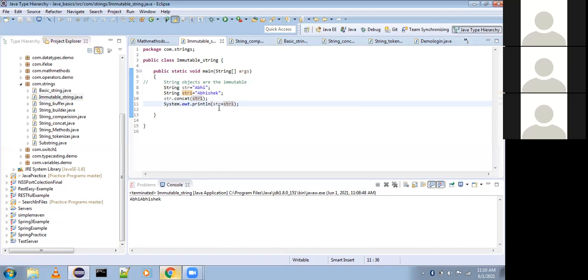In 001 it is still Abhi only. When you print, it goes to 001 and brings Abhi, and from 007 it brings Abhishek. That is not changed; only the locations are different. It is immutable because every object has its own copy, so you can't change that one.